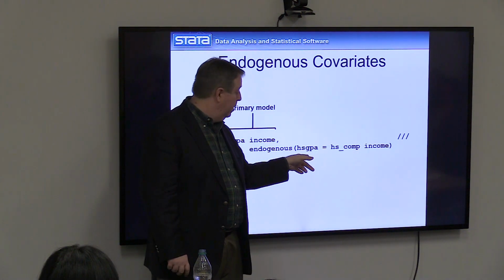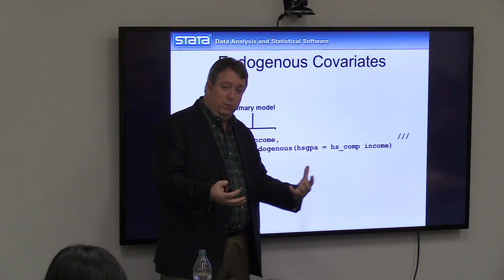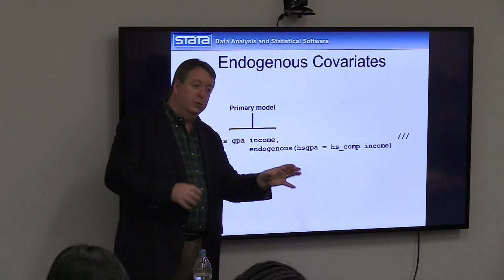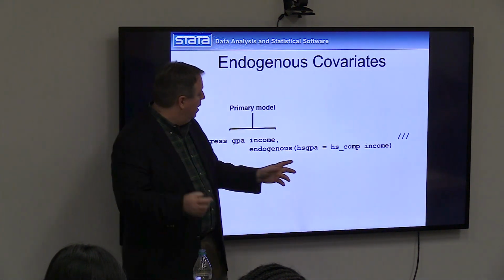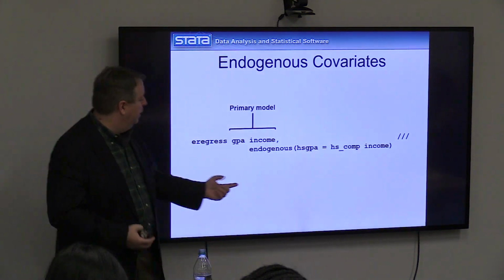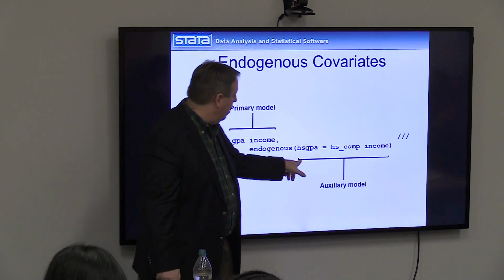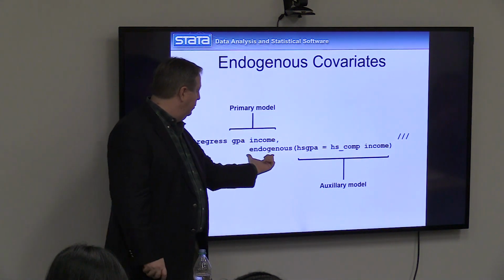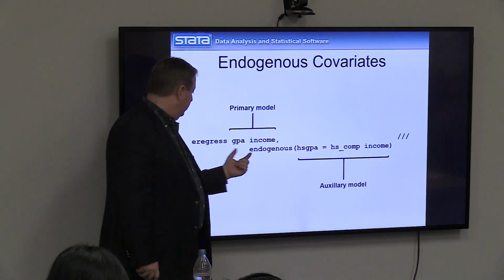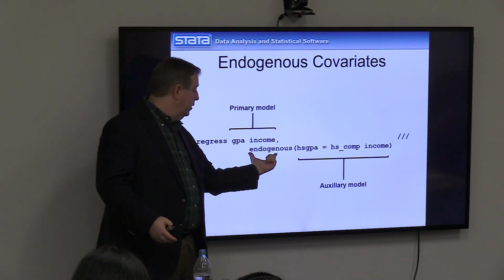What I'm going to do is then fit a secondary auxiliary model where high school GPA is the dependent variable. And then I'm going to use high school competitiveness as a predictor, one of those fancy predictors that's related to high school GPA but not to ability. And I'm going to include income in there. I could put other covariates in there if I want. What are the predictors of high school GPA that are not related to ability? And that's my auxiliary equation, and I fit that using the endogenous option. So the command is eregress, and if I have one of these endogenous variables in there, I just use the